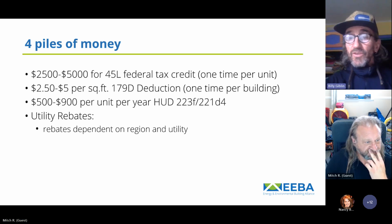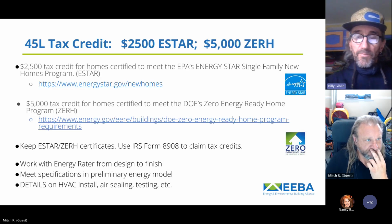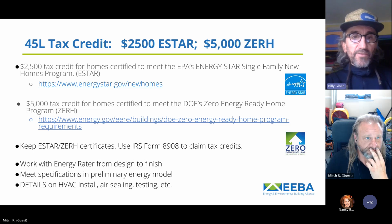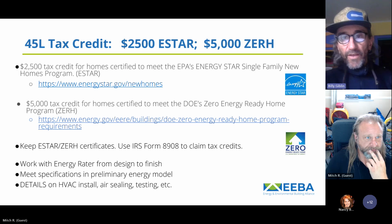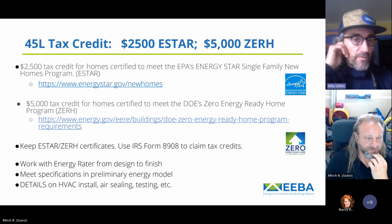Okay, and then utility rebates, which hopefully are available in the areas where you're building homes, and it depends on where you are and what's available. The 45L tax credit, again, $2,500 for Energy Star, $5,000 for ZERH, or Zero Energy Ready Homes, as I'll call it,